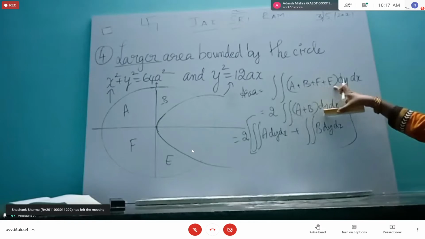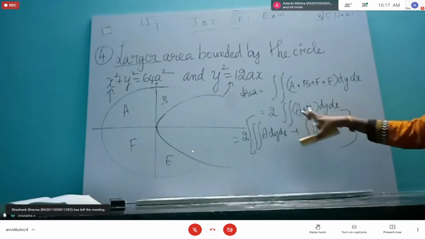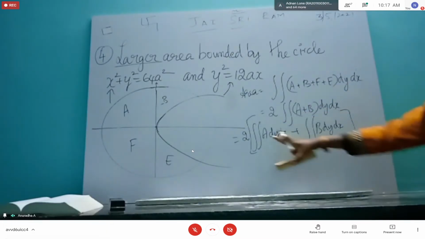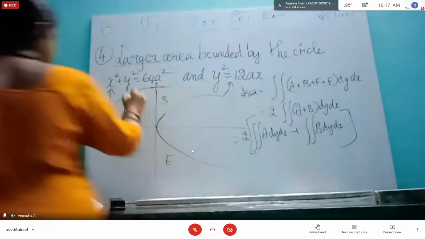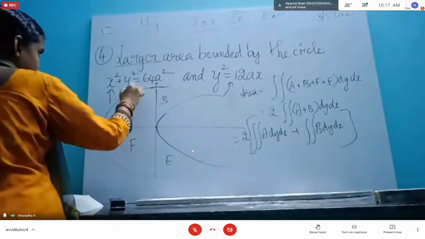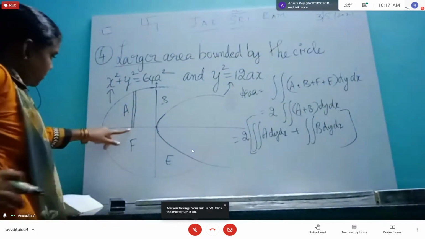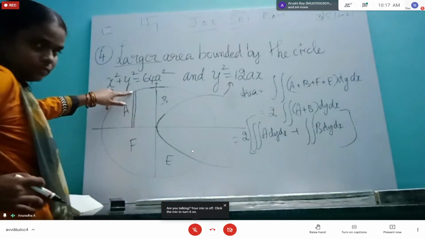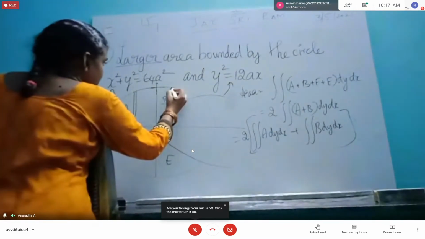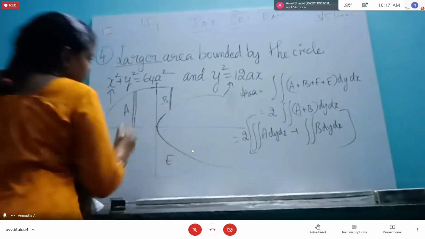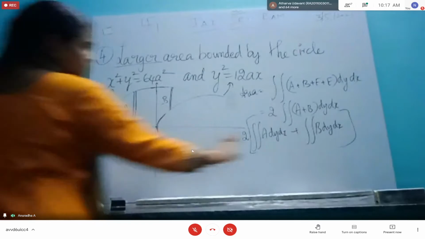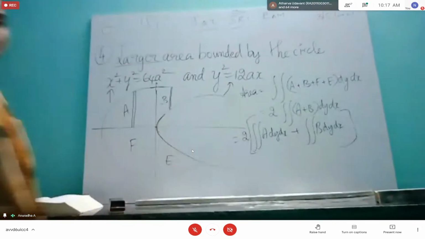So this is the larger area. In that half only we are going to calculate, multiply it by 2. So separately we have written what is now the limits of A. So I wrote dy dx. So vertical strip I have to take care. You see vertical strip automatically starts from here to go here. But if I write for B general vertical strip, I will write here only. I will not go till here. Okay. So only I am writing for this separately, for this separately.